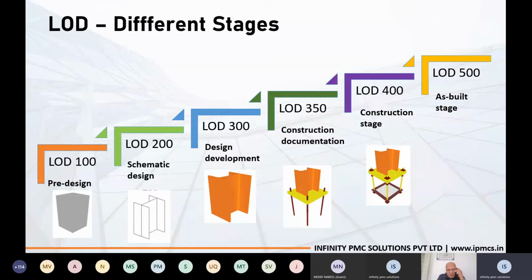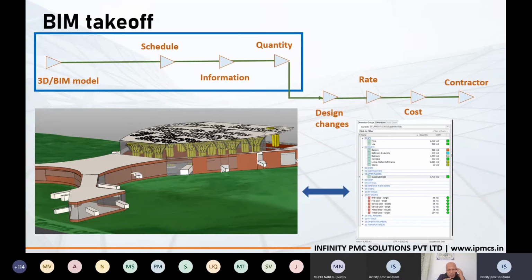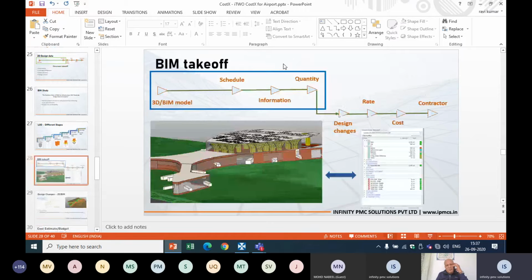Now that we have seen the 2D design data, in the same way our BIM model can communicate with the quantities in Costex, again with the platform called dimension groups and another feature called model map. Say I will be importing the model. Here I can see the information of the elements. I can filter the elements, and if required, I can add additional information to each and every element. Finally, I can do my quantification easily, which will be automated in BIM takeoff. Okay, now I'll show you that in Costex.